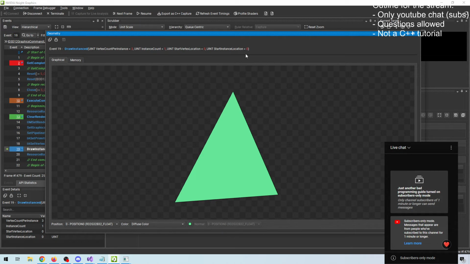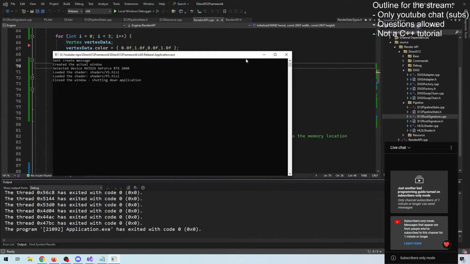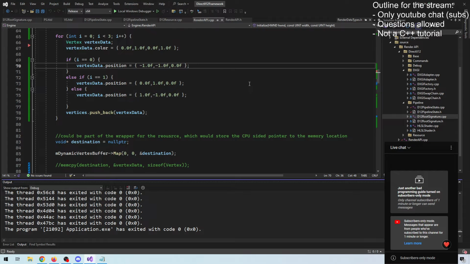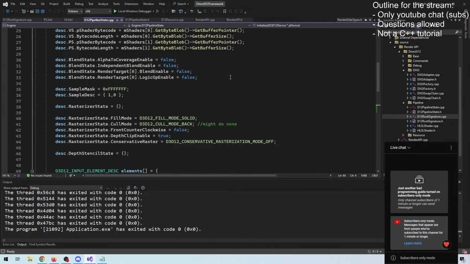So what's going on? Maybe our winding order is wrong. Maybe our culling is wrong. Maybe our shader program is wrong in some way. So we need to debug this, because we can see that our geometry gets created correctly. Our data gets uploaded correctly. Everything should be fine, but we're not seeing anything on the screen. So let's try doing no